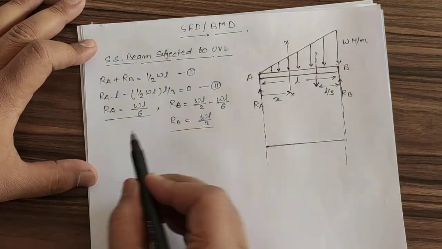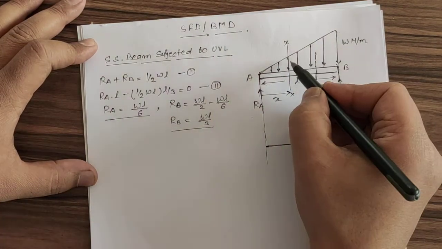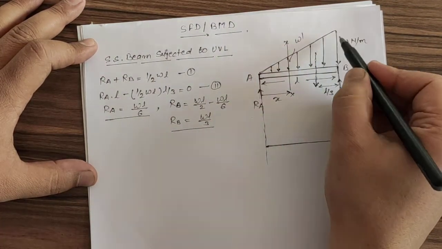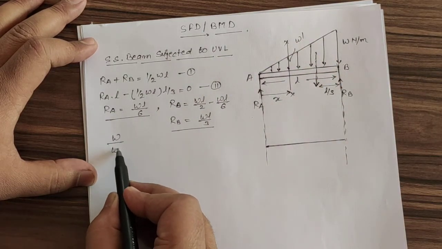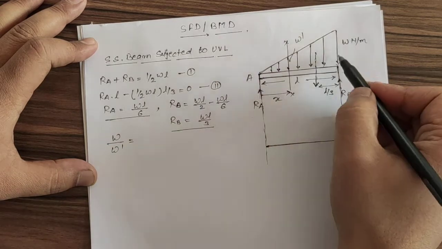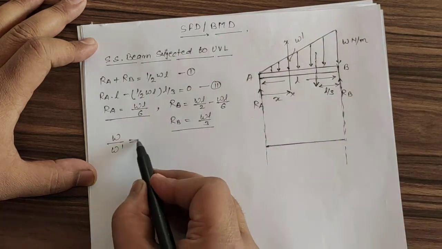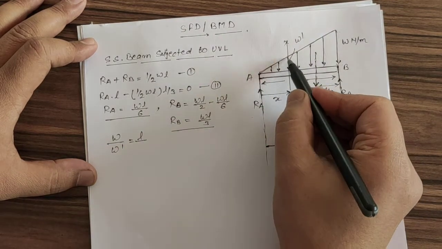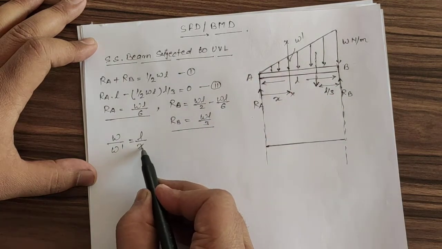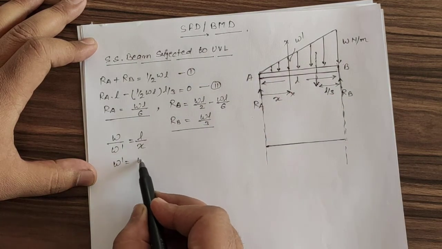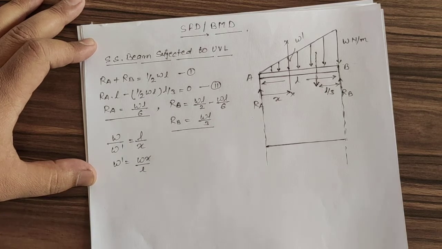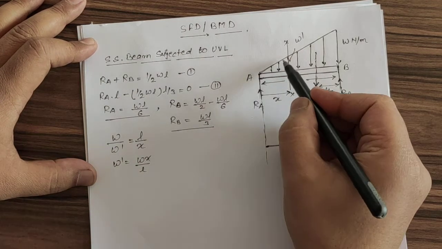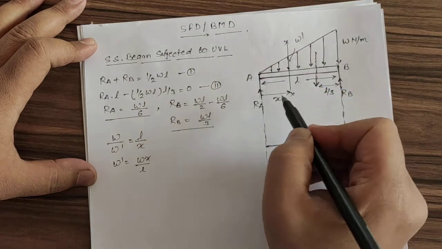So we can write that, let us say this one is W dash. So W by W dash will be equal to W, corresponding W we have length L, and corresponding to this W dash we have length x. Okay. So W dash will be equal to W x by L. Okay. So for W dash we have calculated the maximum height of this segment which we have taken at a distance of x.